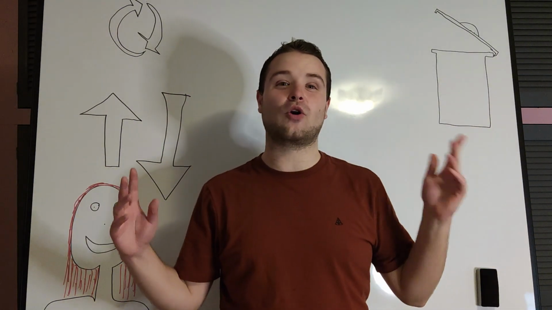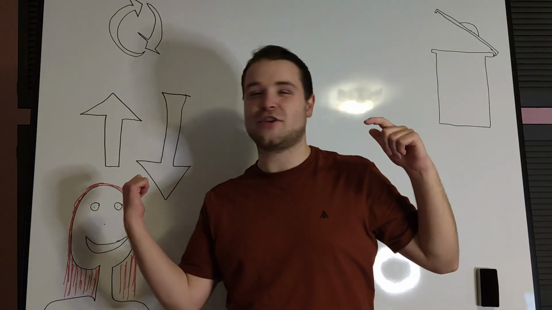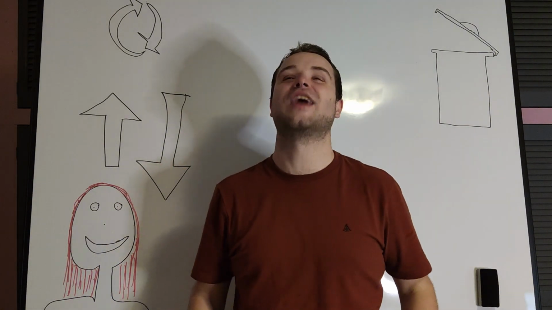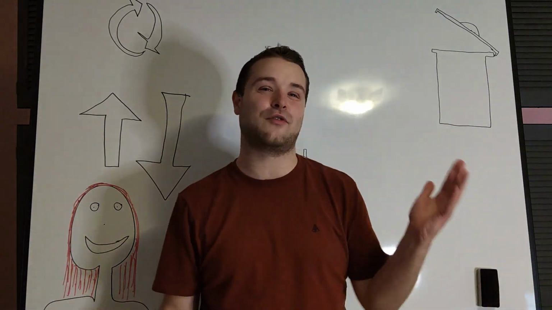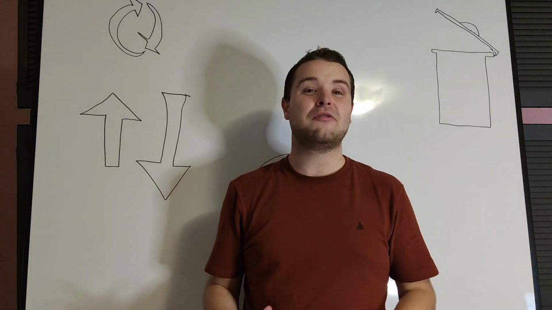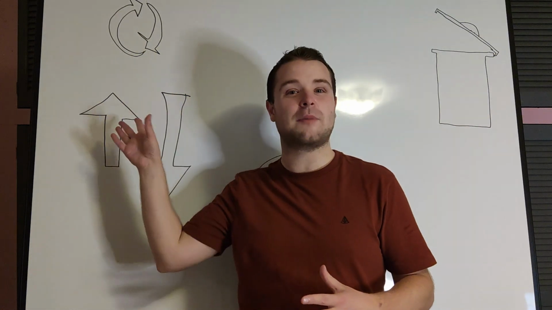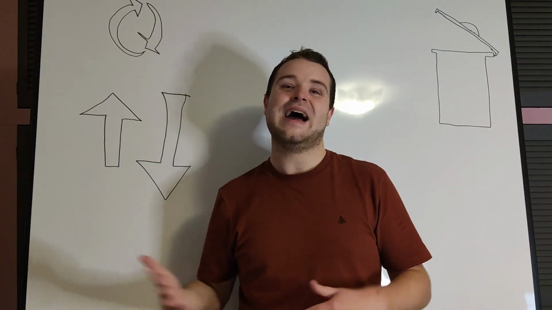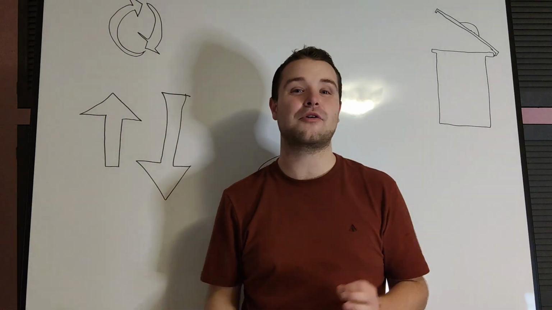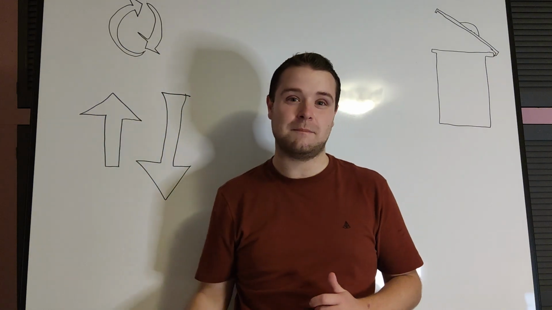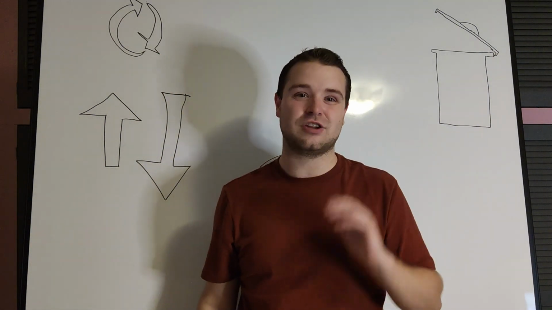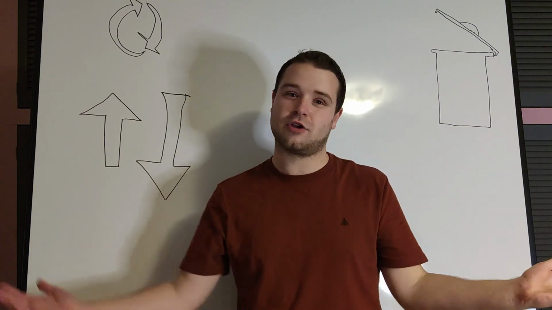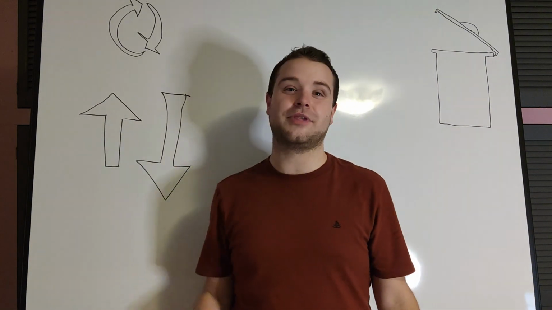So for now, let me quickly erase this thing here because it's a terrible drawing and probably kind of distracting. And then let's dive right into the topic. Let me first explain what each of these types of time represent, and then I'm going to share with you tips on how to optimize each of them in order to increase your productivity so that you can get shit done, so that you can reach your goals. Sound good? Let's start with the uptime.